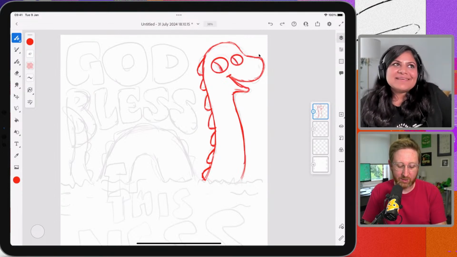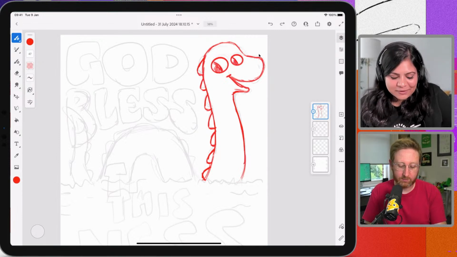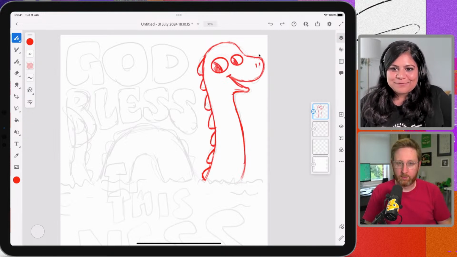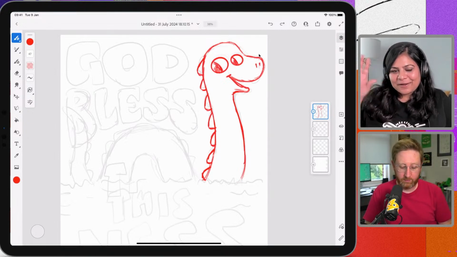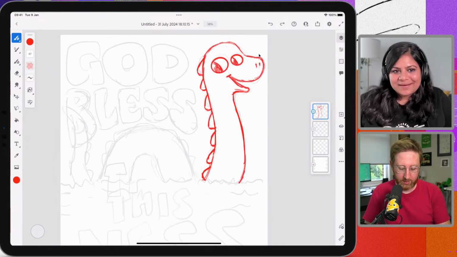Yeah, oftentimes I'll try and also keep it simple. Also, you have to explain the joke. Even the words have to be the correct length almost for it to be understood in a fraction of a second that you're looking at a t-shirt. Exactly. It's got to be readable. It's got to be scannable.